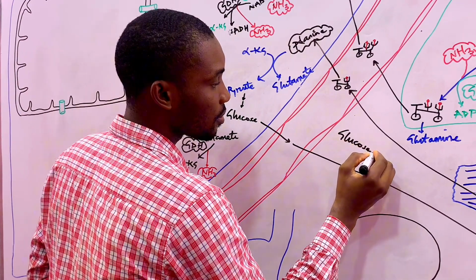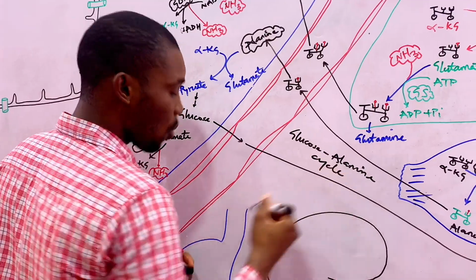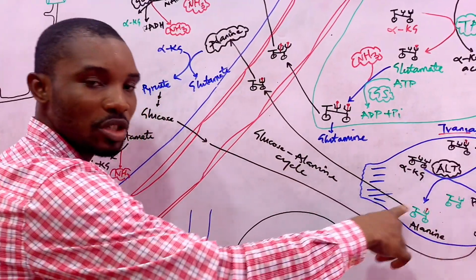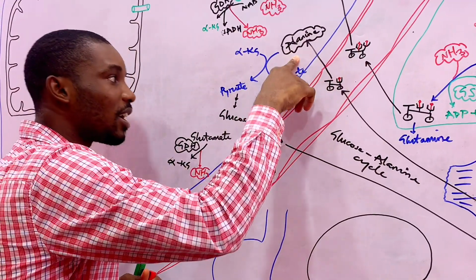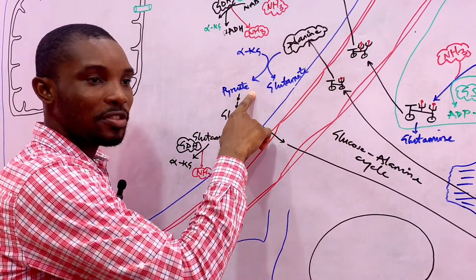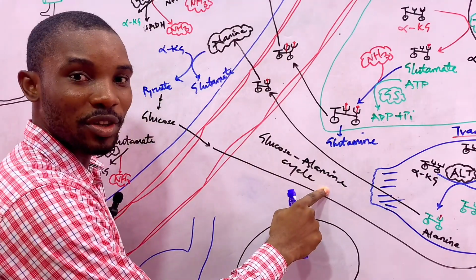So this cycle is the glucose alanine cycle, where alanine produced by transamination reaction in the muscle will be transported to the liver. And then in the liver, the alanine was now used to form pyruvate and then to form glucose, which is now transported back to the muscle. Glucose alanine cycle involves